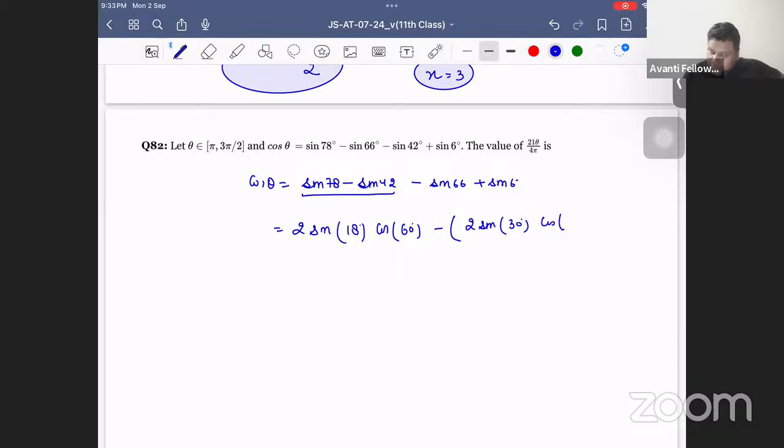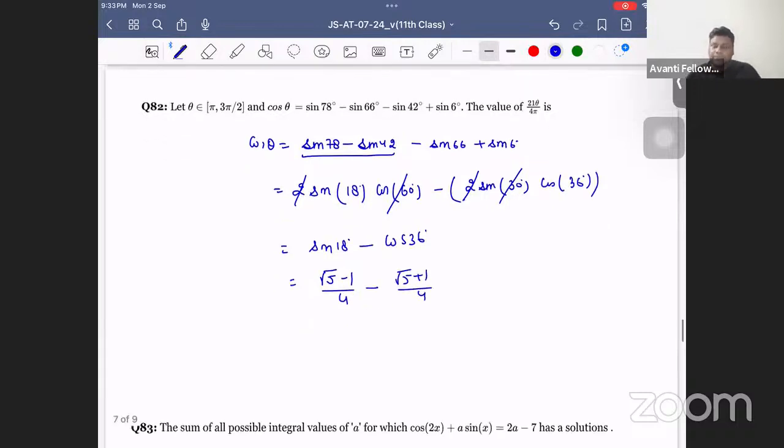All right. See, 2 cancelled by sin 30, here 2 cancelled by cos 60. So you get sin 18 minus cos 36. Sin 18 is root 5 minus 1 upon 4. Cos 36 is root 5 plus 1 by 4. So from this, you get a value as